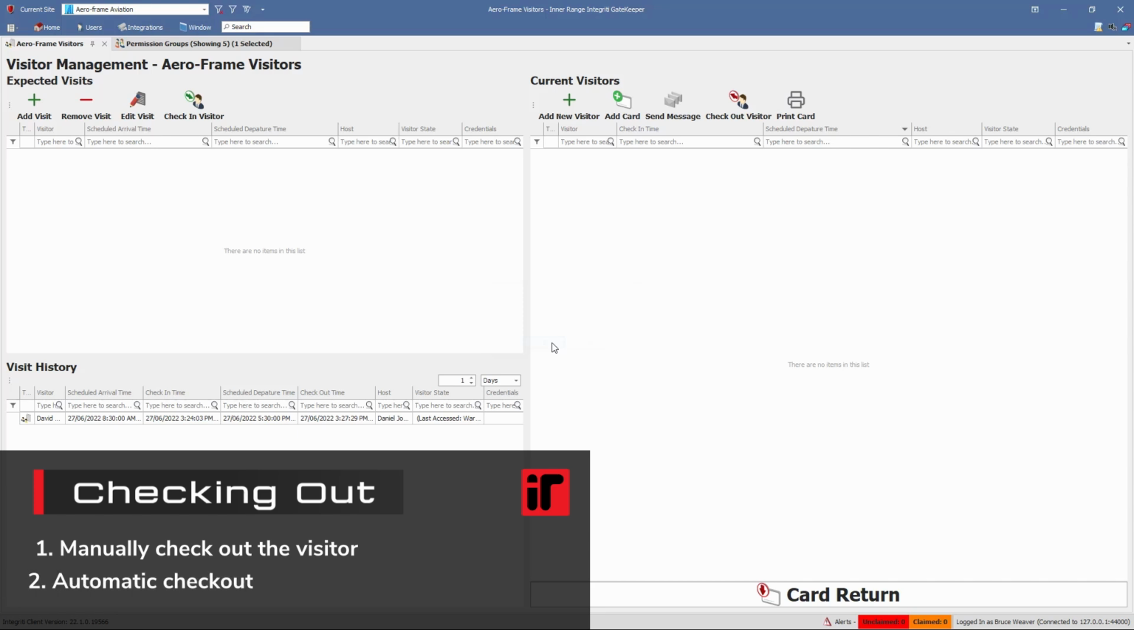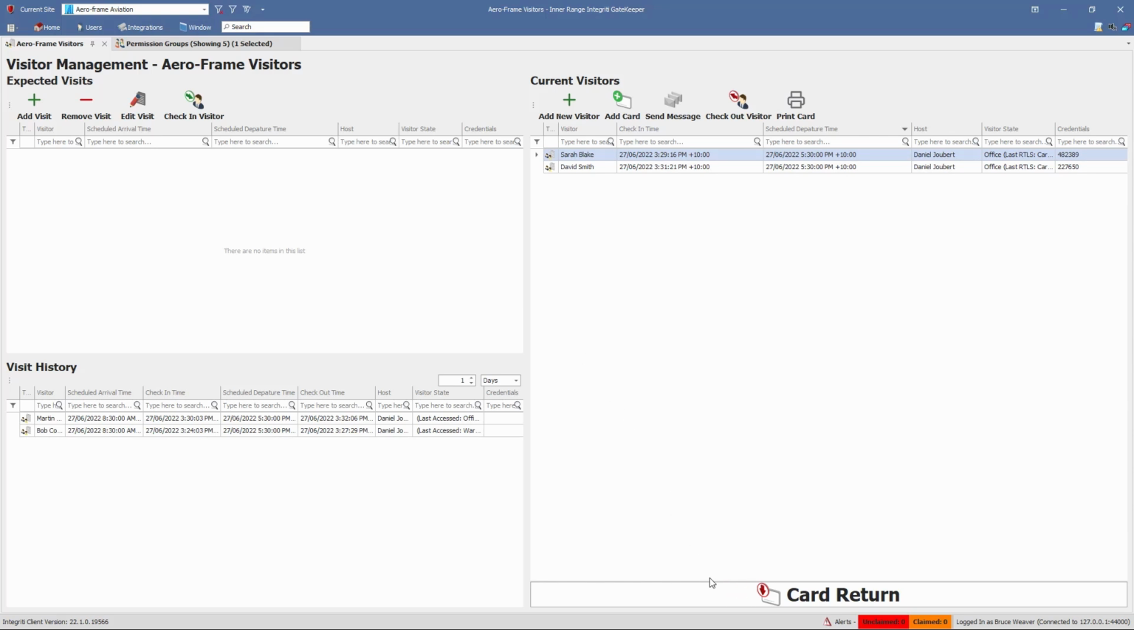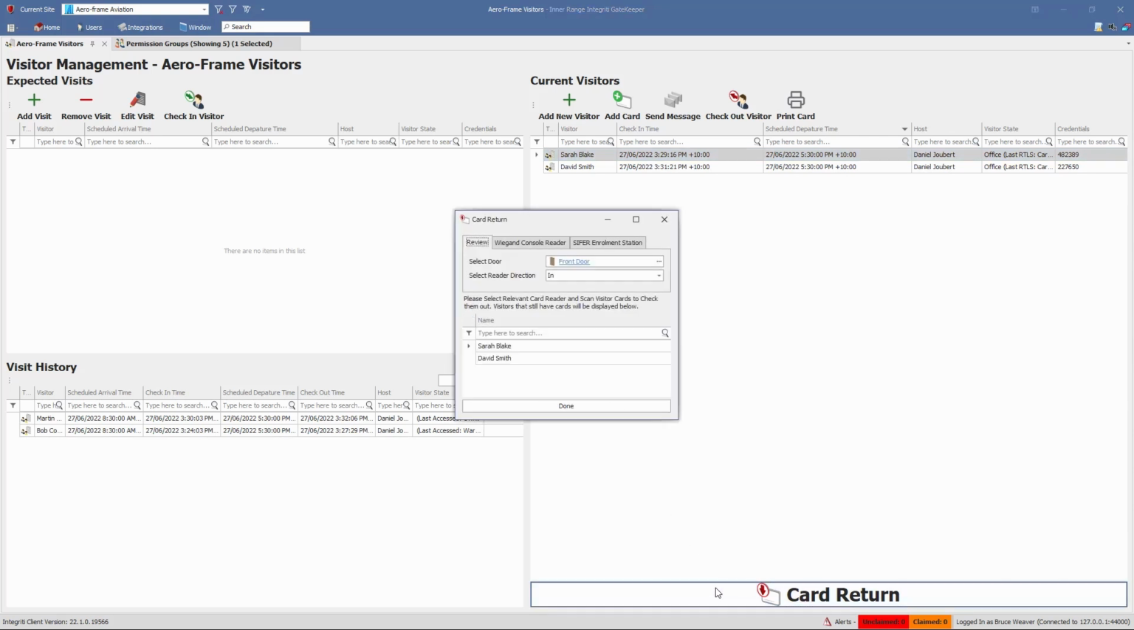The second checkout method is automatic. Check out by badging at a specific reader. This ends the visit once a visitor enters or exits a specific door. Finally, the card return button will display a list of current visitors, and as you present visitors' cards to a selected reader or enrollment station, visitors will be checked out. The automatic method streamlines checkout for large